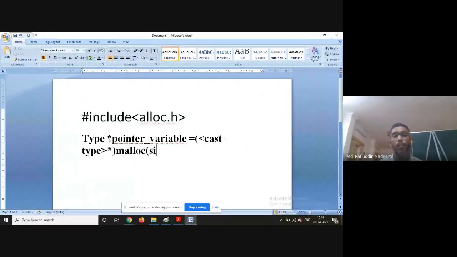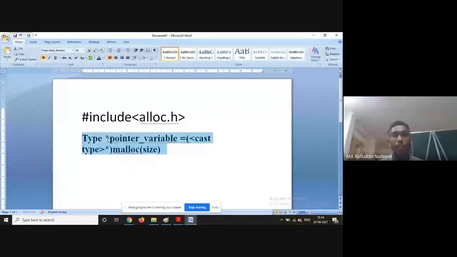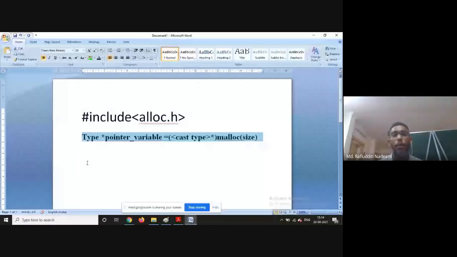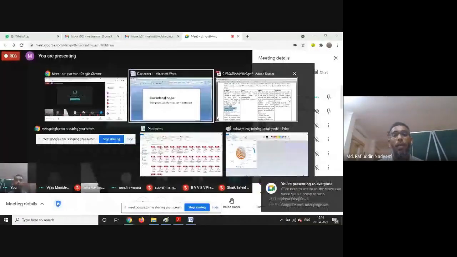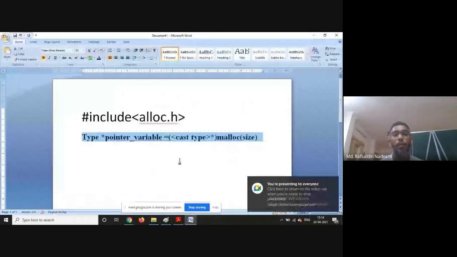So how much size of memory is required? This is the syntax of the malloc function.